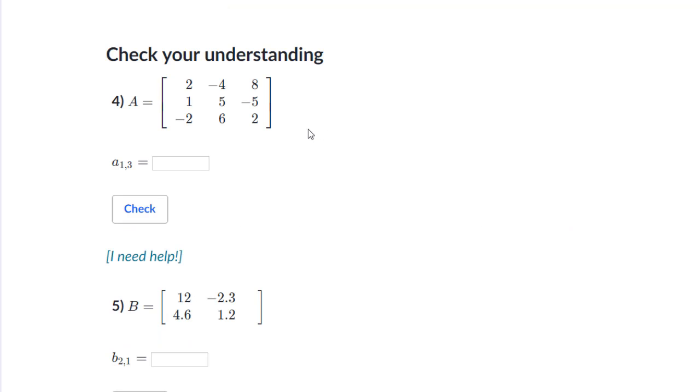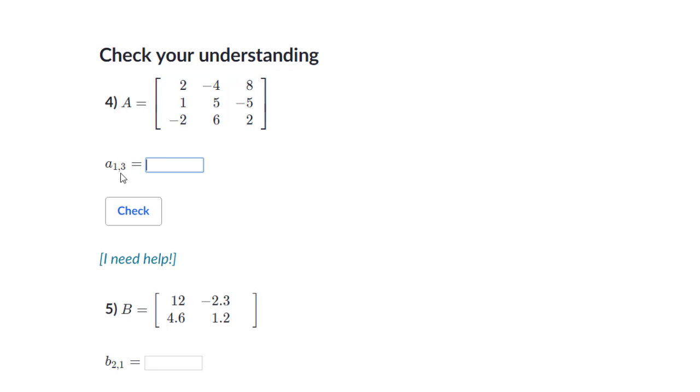In order to elaborate your understanding, let's have an example of matrix A which has 3 rows and 3 columns. So the order of matrix A is 3 by 3. So the element A sub 1,3 is the first row and third column. First row and third column, so A13 is equal to 8.